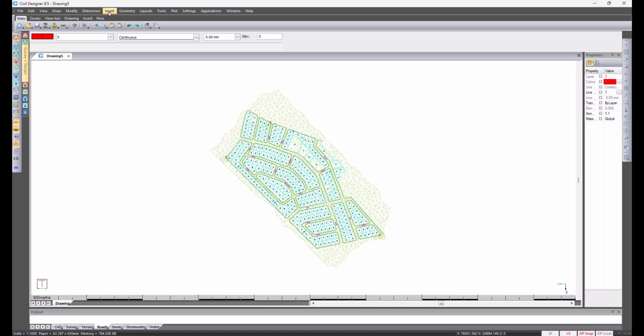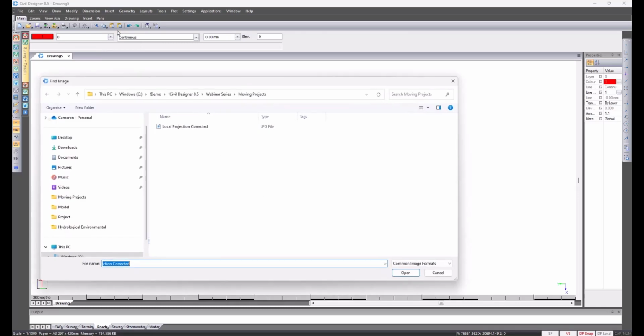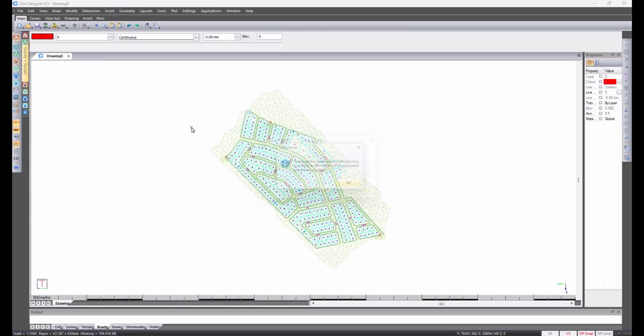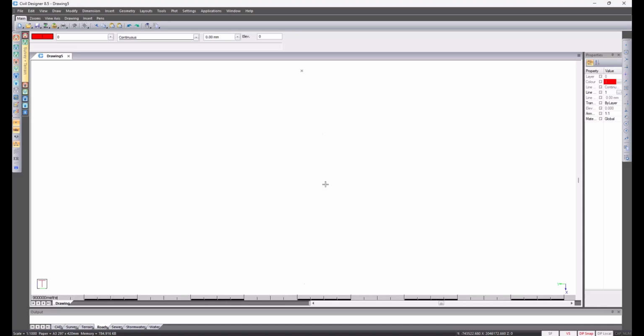I go to Insert and select Image. Select the image. Confirmation that we really need at this stage. The image has been placed in the drawing according to the information in the associated georeferencing file. Click on OK. If I pressed ZA for Zoom All, where you see the X, that is where our project